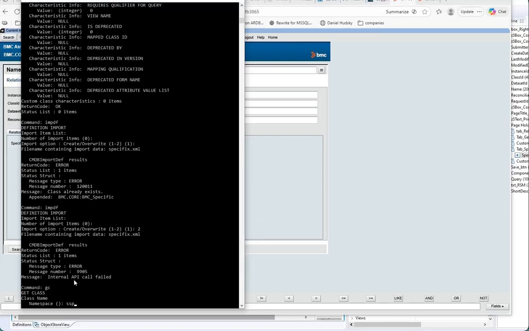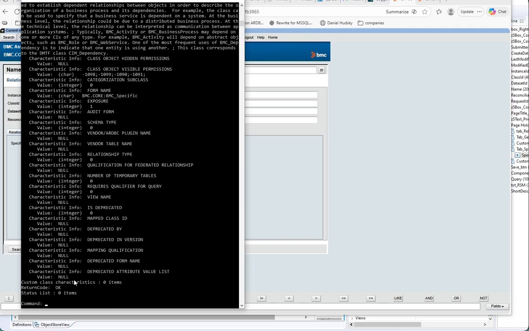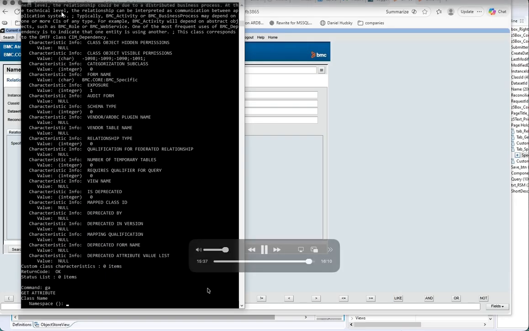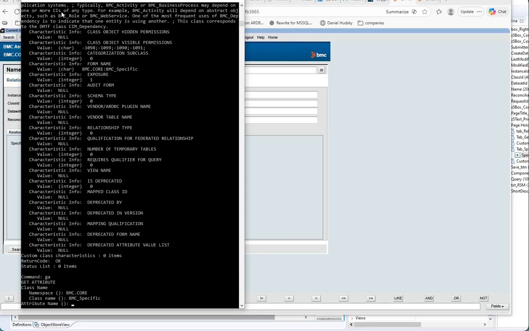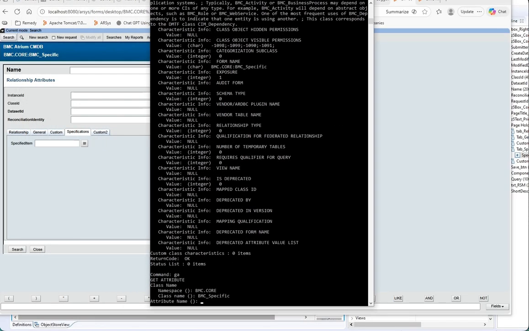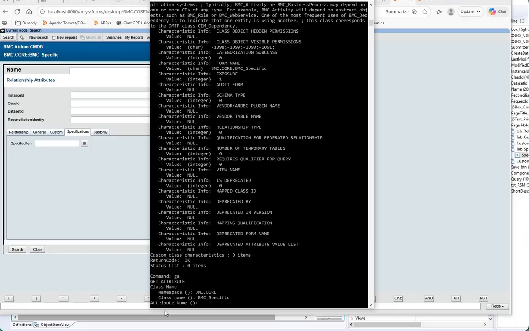Here is just showing again, in PDF, it was BMC core, class name specific, and there's the class. And if I just wanted to get the attribute also, so BMC specific attribute GA is the command. So here I'm trying to load that. GA, come on. Get attribute, BMC in BMC core, in BMC specific class, which is the relationship. Given the attribute, which is specified item, it will load it, specified item,